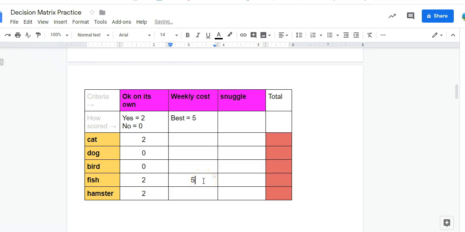There we go. For this method, a fish is pretty cheap to keep week to week. Then you have your hamster. I went ahead and tied the dog and cat at 3 each. So I've tied the dog and cat because they have similar or at least balanced needs, and I've put the